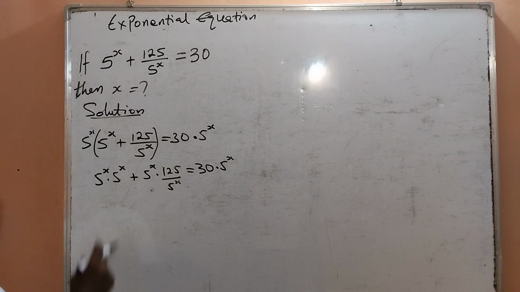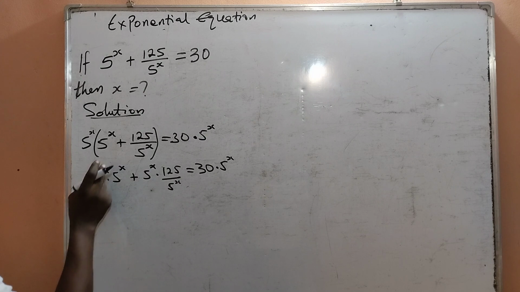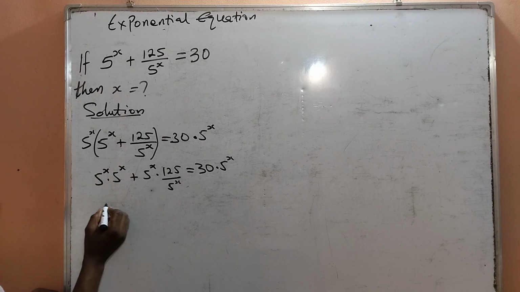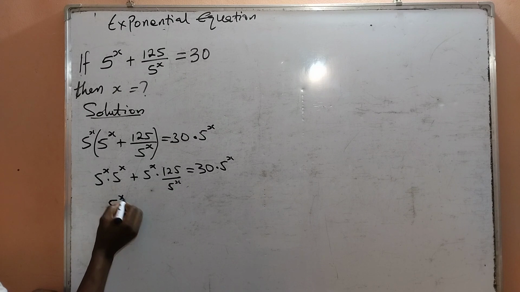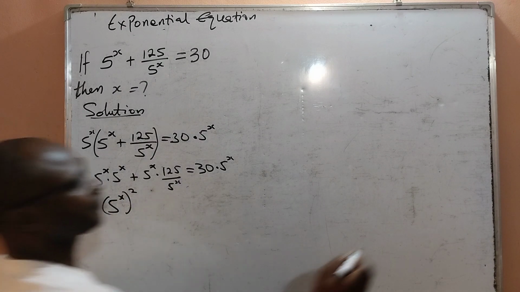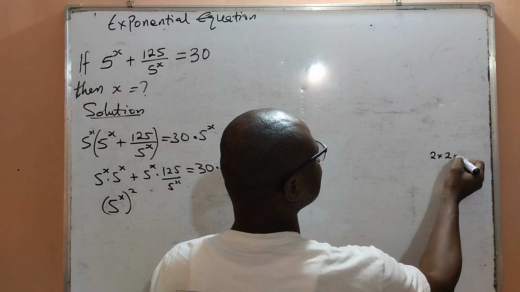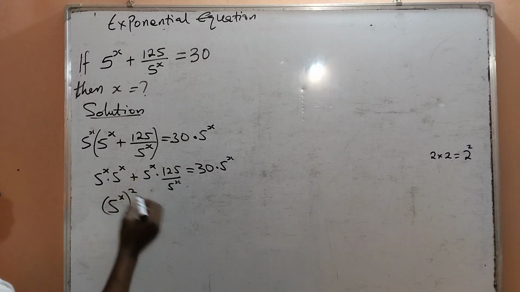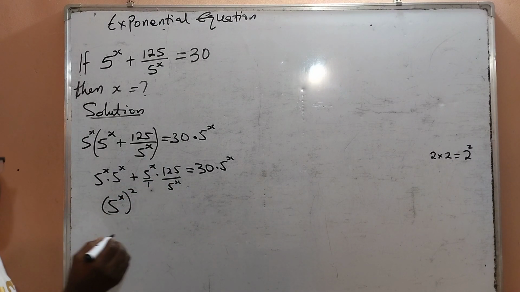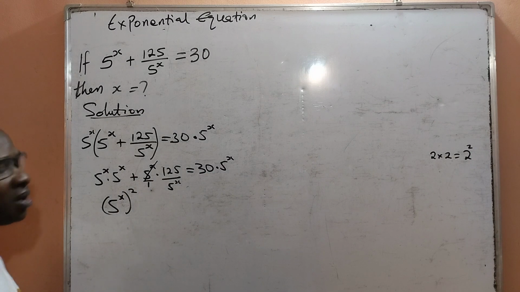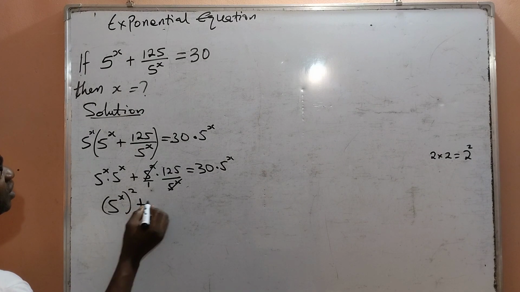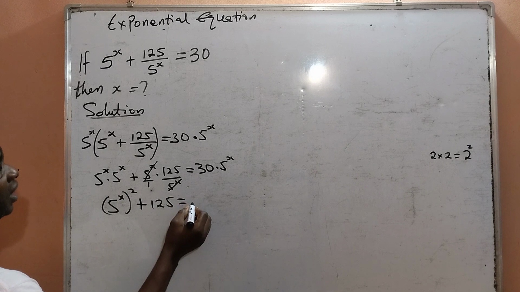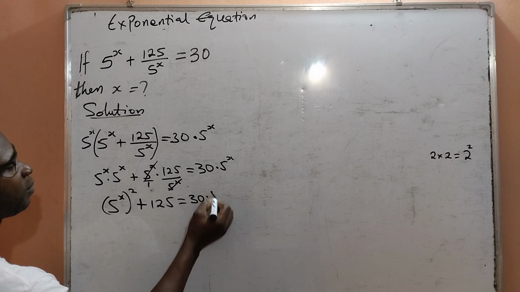Now, from here, 5 raised to the power x multiplied by 5 raised to the power x will give me 5 raised to the power x raised to the power 2. If I have 2 multiplied by 2, it is equal to 2 raised to the power 2. So it is very correct. Also, this is like over 1. So 5 raised to the power x at the numerator, we divide by 5 raised to the power x at the denominator. So 2 of them cancel out, leaving me with 125 equal to 30 multiplied by 5 raised to the